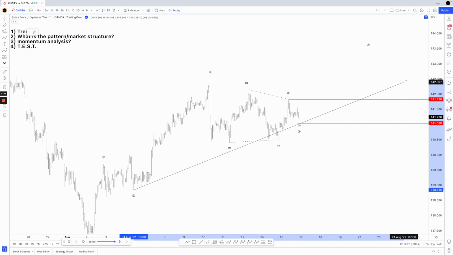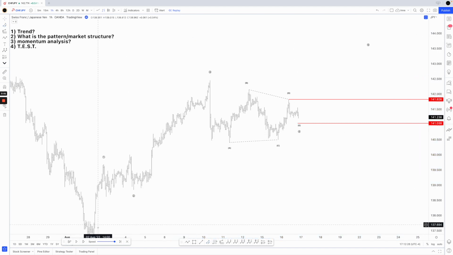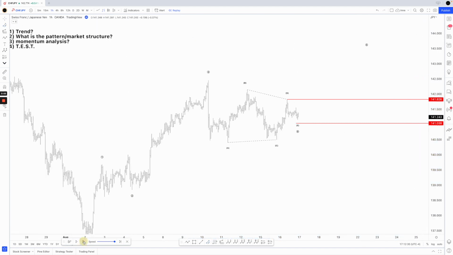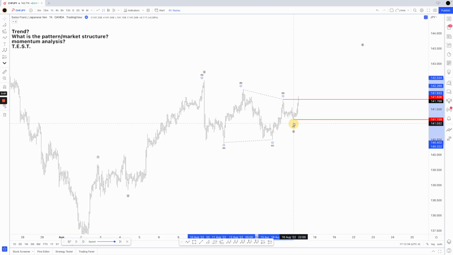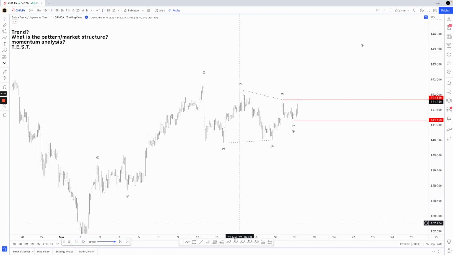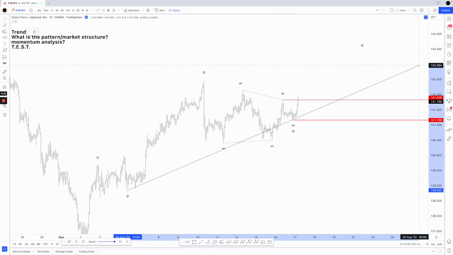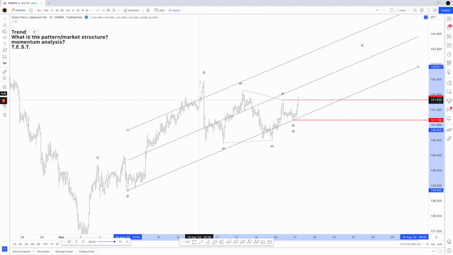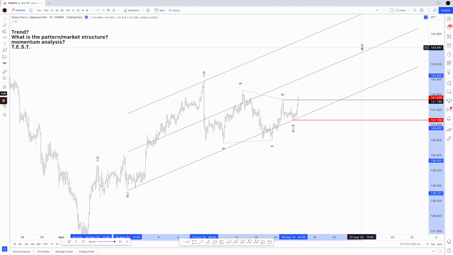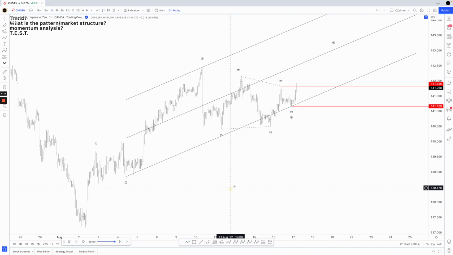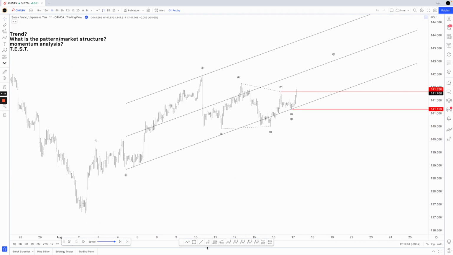So we're going to draw our final channel. Actually, let's play the price action forwards a little bit so we can get that wave E extreme. Okay, so the wave E extreme is right here. And we can now draw our final channel. So you can see at this point, the trade would have been triggered because we broke past that wave D extreme. Okay, so now we can draw our final channel, and we're going to look at the Fibonacci relationships